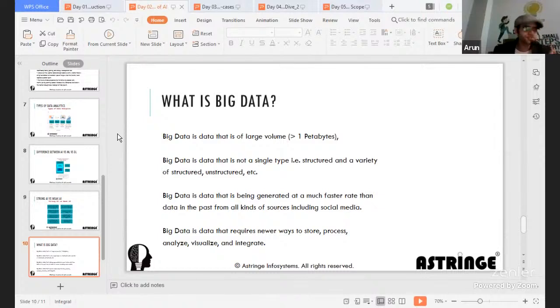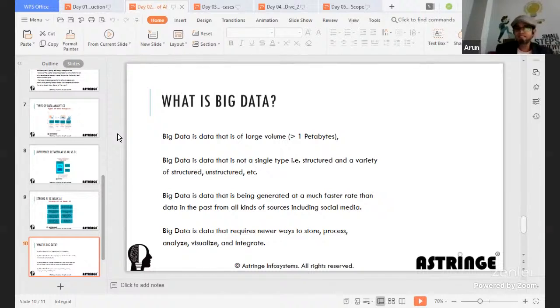However, if I ask you to do some analysis on data which is probably in an image format or in a video format, would you be able to do descriptive analytics or diagnostic analytics on that? The answer will be yes, and the answer will be no. Because if you have only one image, probably you will be able to. But if there are multiple images, probably 1 petabyte of video data, will you be able to do that? The answer is no.